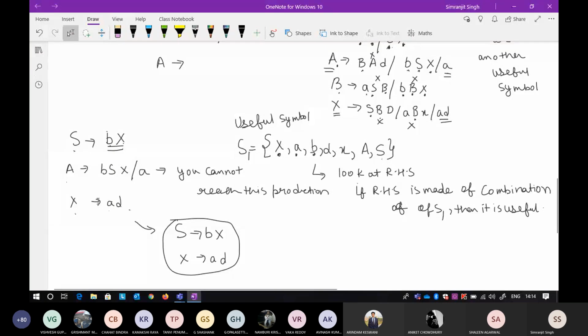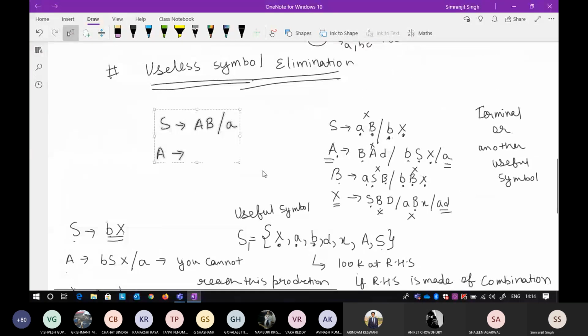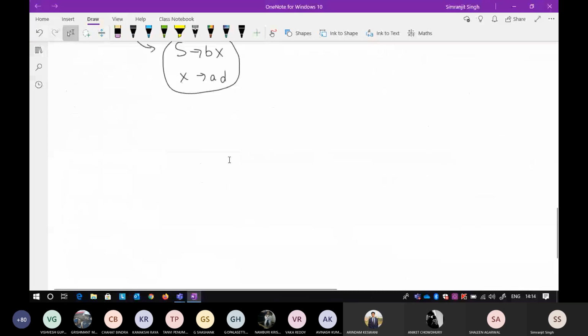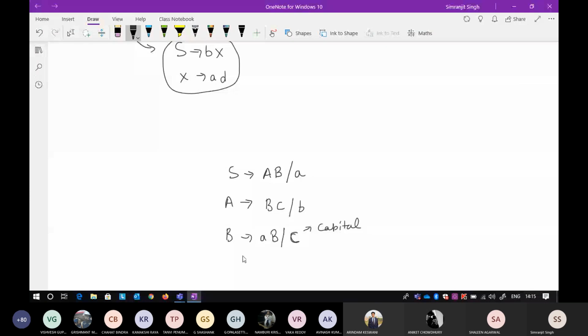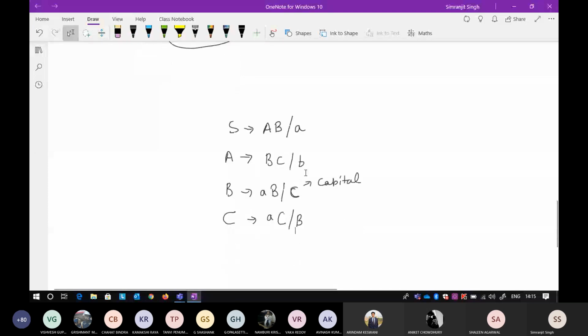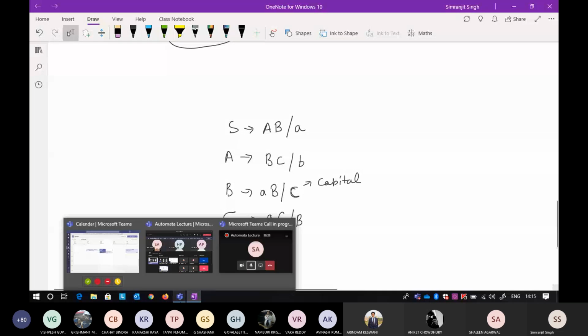Now do this question. This question is very easy, just keep in mind that you have to take a look at other things also. So keep the set open if there are other variables included in this one. The productions are: S tends to A and capital B, B tends to A and then big B and capital C, then there is a capital C, and then there is a, and it's also capital C, and then there is a B. Now tell me what exactly will be the answer of this one. Just try it yourself. I will tell you the answer in 2 minutes.